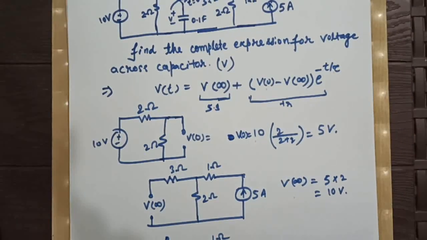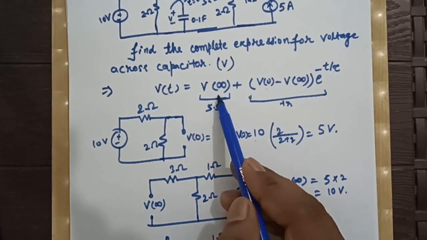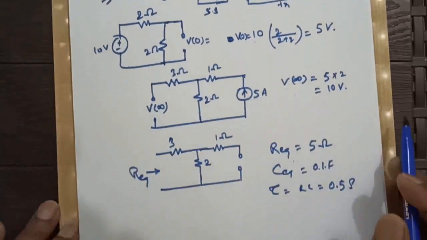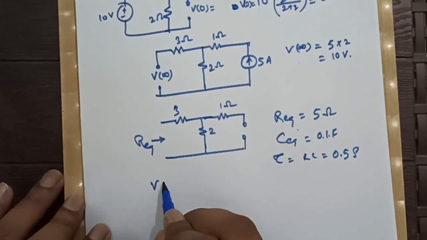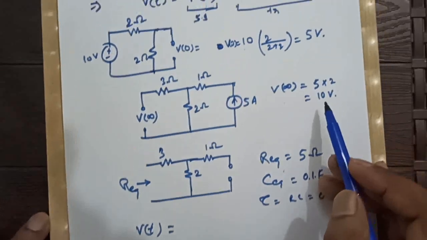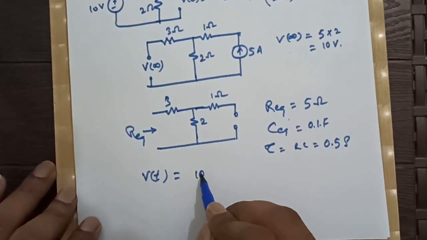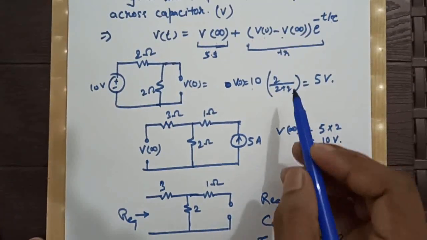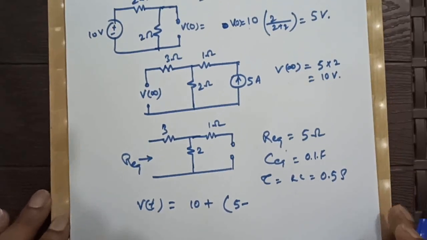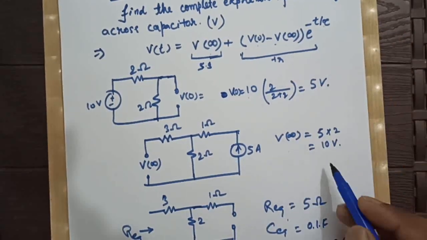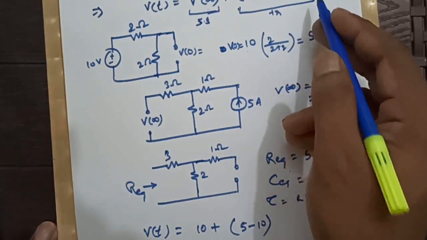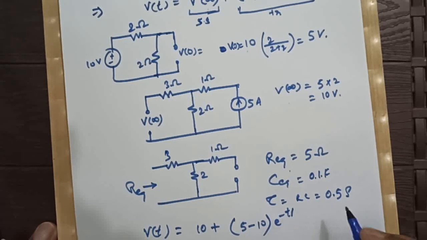Now see, the expression for Vt will be what? V infinity plus V0 minus V infinity into e to the power minus t by tau. So putting these values in the expression, we will have Vt is equal to V infinity, 10 volts, plus V0. V0 is what? 5 minus V infinity. V infinity is what? 10 volts